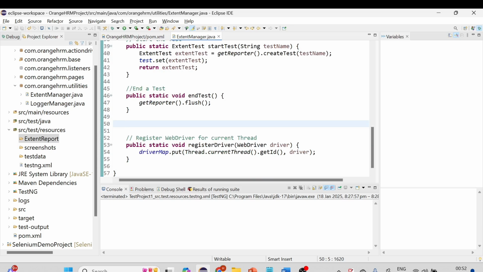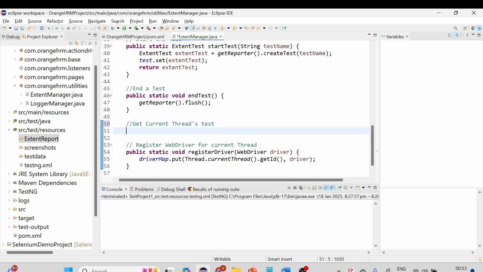Now what we need, guys, we need one more method, get current thread's test name. Okay, like how we are going to log the info, fail, pass, all these values using this test name, right? So how to create this? Public static, and this will be of extend test only. So we'll give the name like get test,